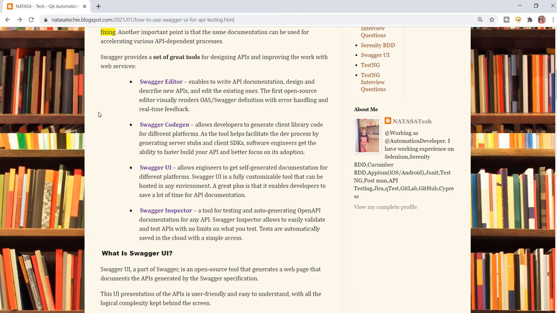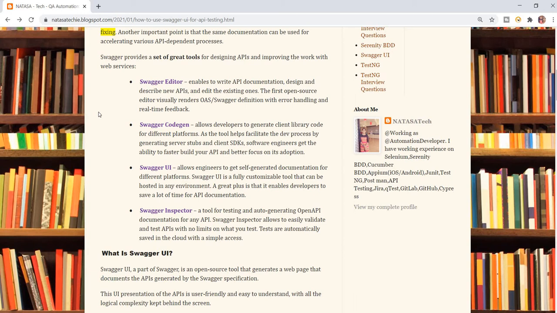Swagger Inspector is a tool for testing and auto-generating OpenAPI documentation for any API. Think of inspecting an application to find the locator and element for a specific element.